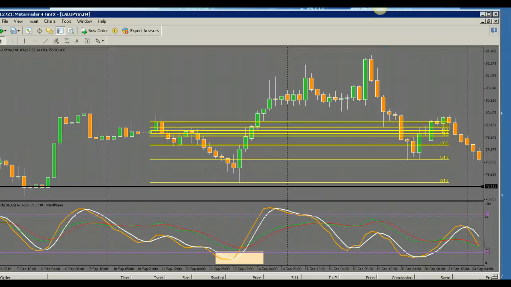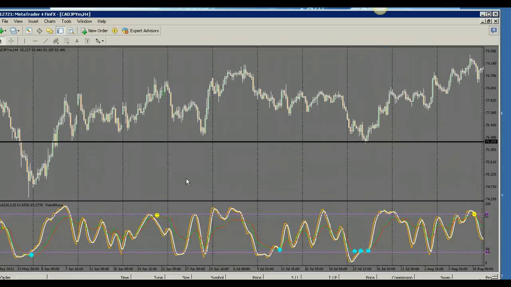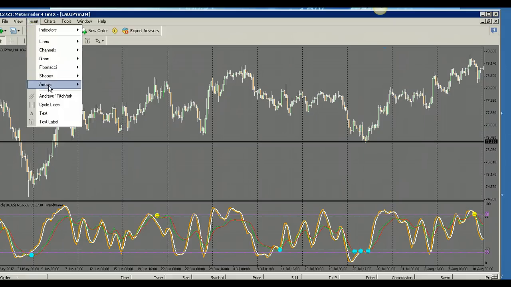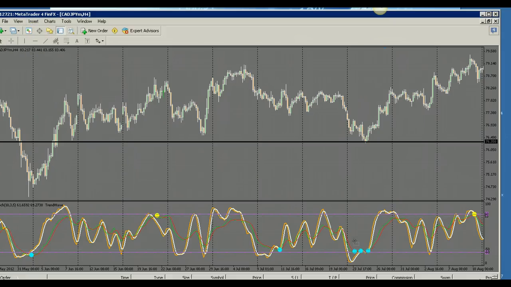Let's look for some more setups. Here's another trade setup, but I actually had to zoom out so we can look at 2 months of activity. And I'm looking at this level here. So the first reason is stochastic is oversold. Number 2,